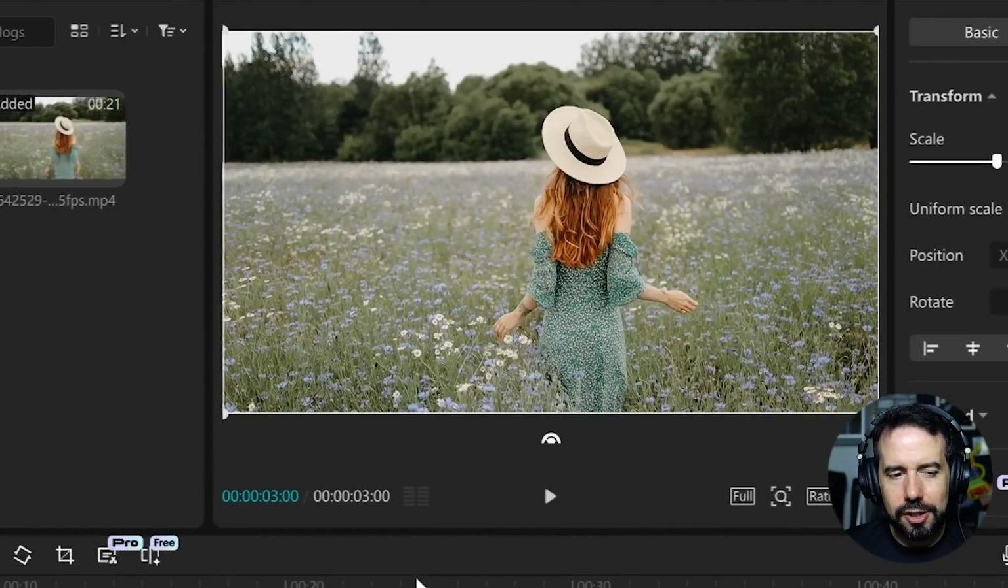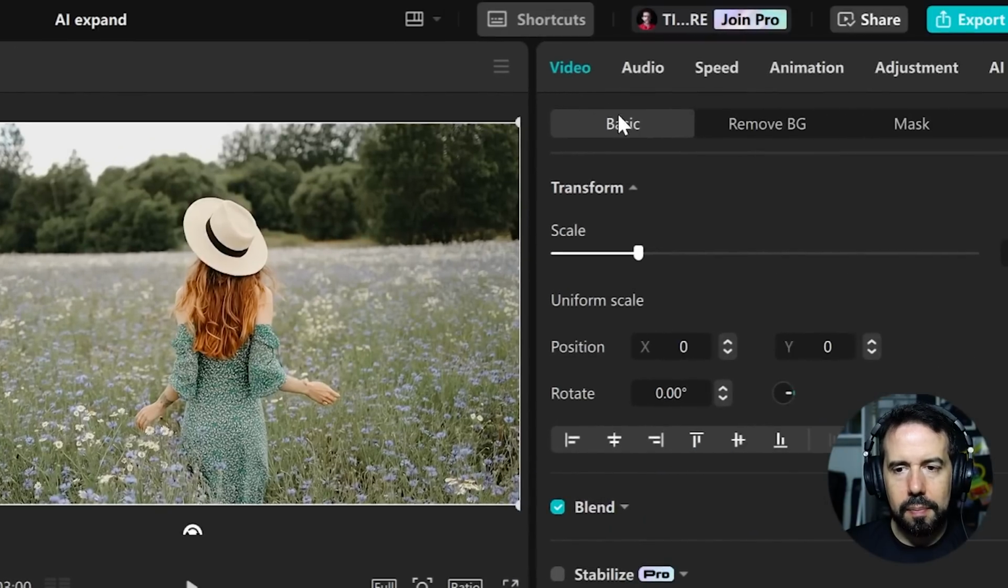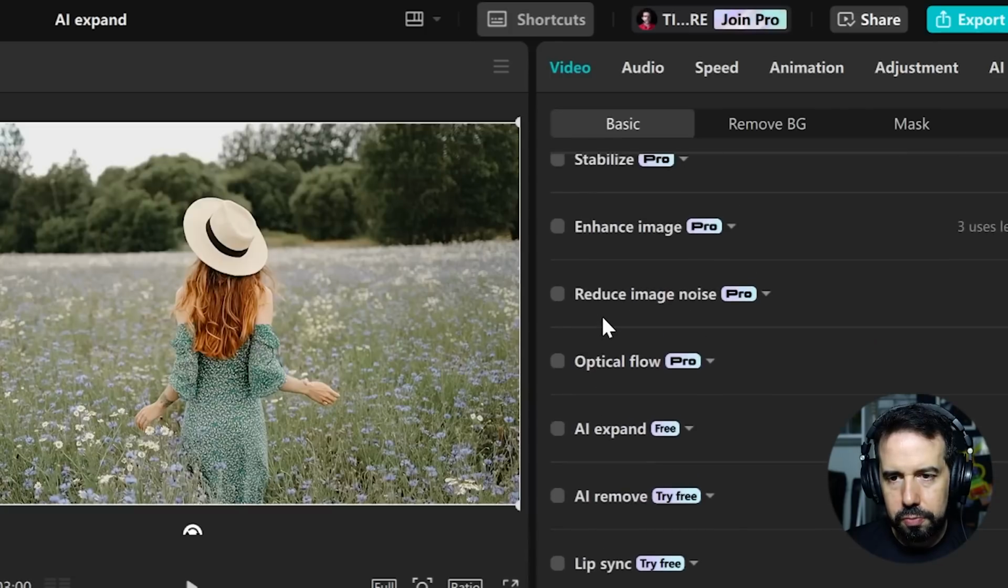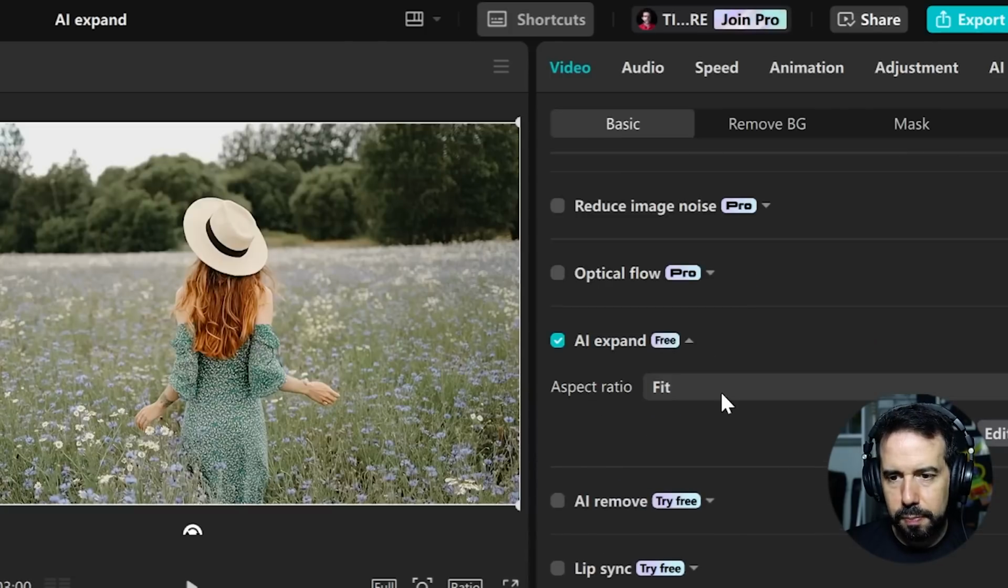Alright, and I want to change the aspect ratio of this video to transform it into a square, but I don't want to crop the ratio. I want to create something above this clip, like a continuation of the sky. So I'll go here to the video tab, basic sub-tab. I will scroll down to AI expand, aspect ratio